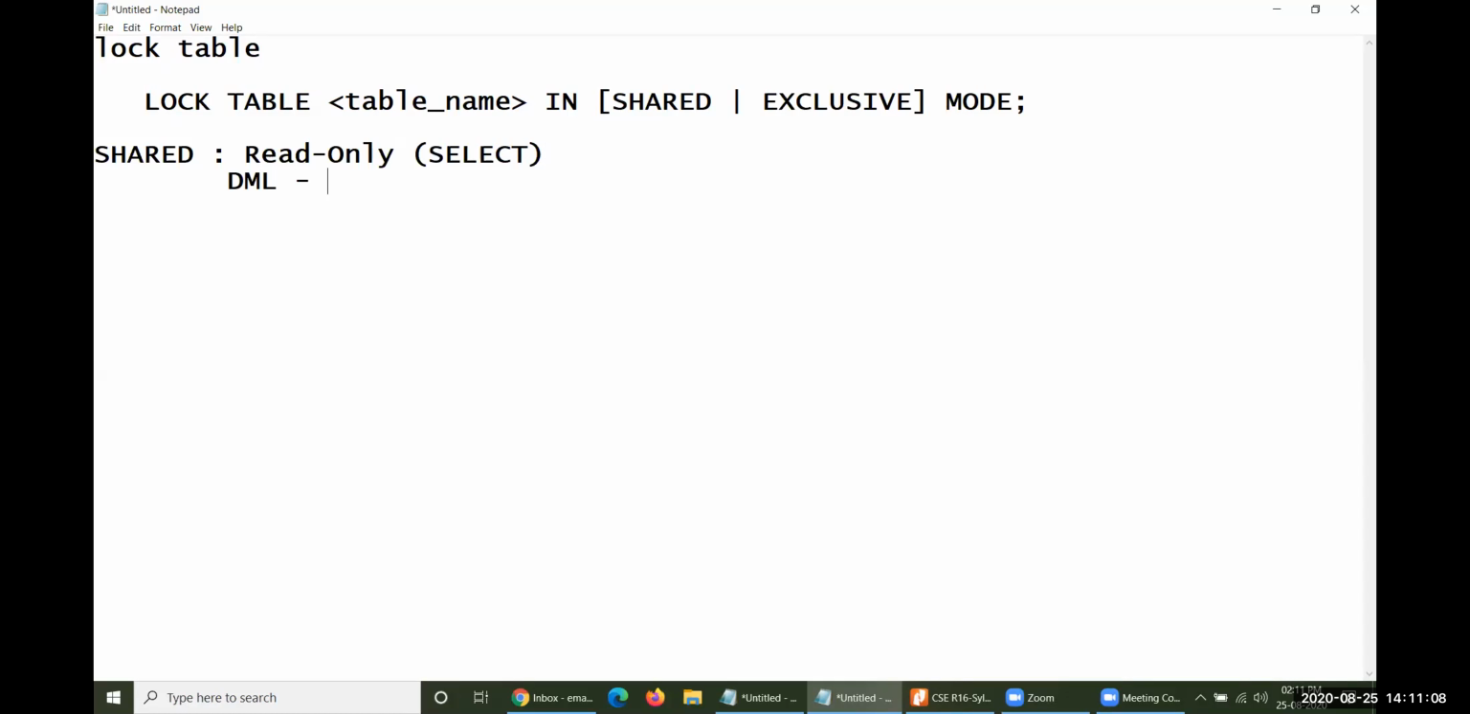We do have select with us, we do have insert with us, we do have update with us, and we do have delete there with us. So when read-only mode is operated, you are eligible to operate only selection, and deletions, insertions, and updations are strictly prohibited when shared mode is taken by you on any particular table. Whereas exclusive mode in the sense,